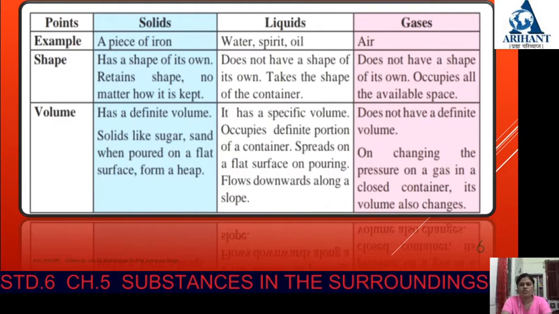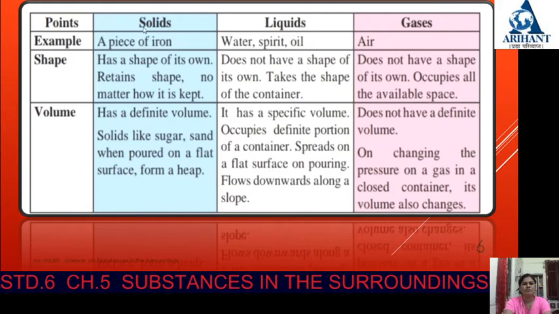In solids, the particles are strongly adhering to each other, and in liquid the particles or elements are loosely connected. And in gas, the elements of the substance are very loose, or we can say in a free state. So that's why the vapor form is formed in the gas. So the first property is